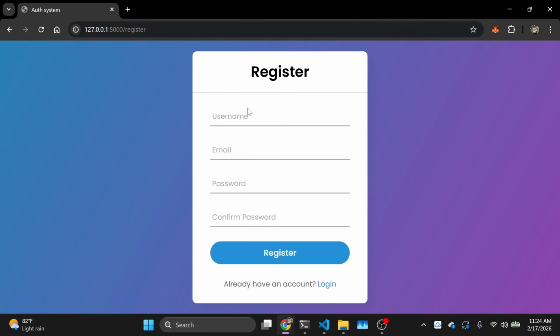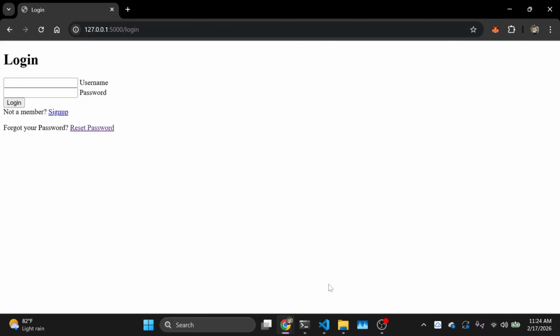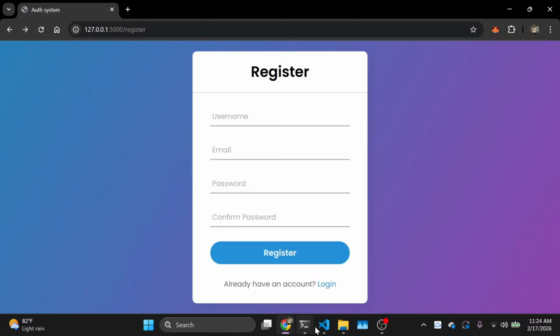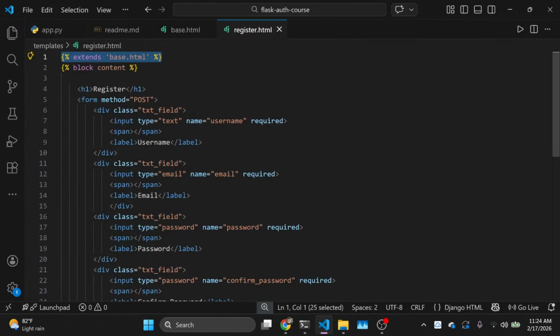And once I refresh, you can see that the styling has kicked in and everything looks okay. And this login link, you can see that if I click it, it takes me to the login page. The reason why the login page isn't styled yet is because we haven't extended from the base.html, but we're going to do that eventually. So if I head back to the README file, the next step says that in the